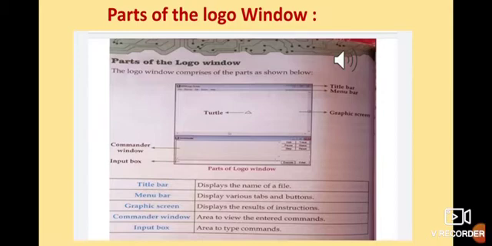No, there are certain commands which need to be given. So you will do the typing, and that typing will be shown in the input box. So what are the different parts of the Logo window? First is the title bar, then the menu bar, graphic screen, commander window and input box.